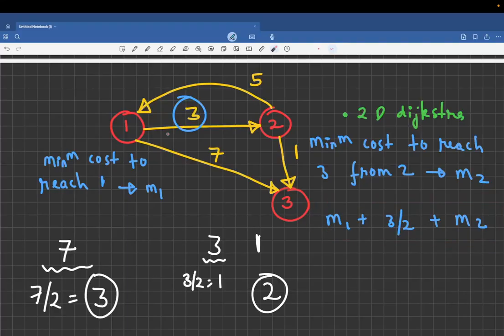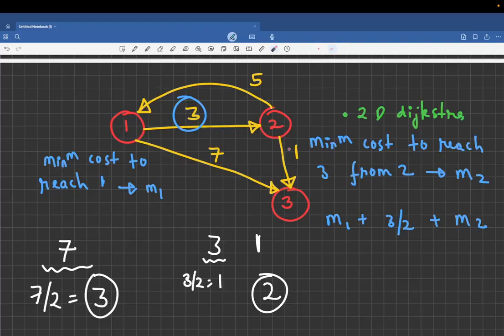Now tell me one thing. If you apply Dijkstra and you have 1 as your starting node, you can get the minimum cost from 1 to every other node, right? So this problem is solved: for an edge, if you want the minimum cost to a particular node from the starting point, you will have this if you use Dijkstra with your source node as 1, right? That will be solved.